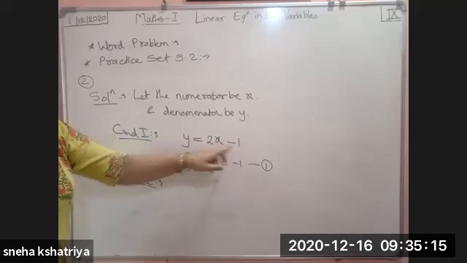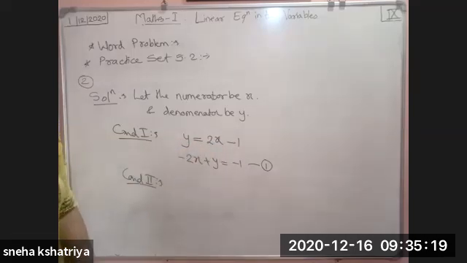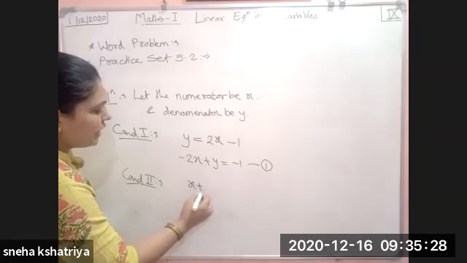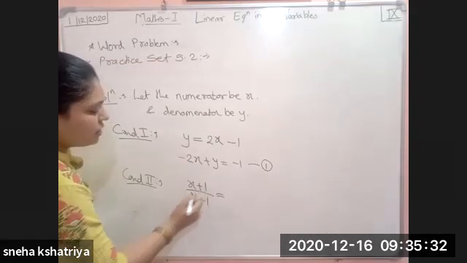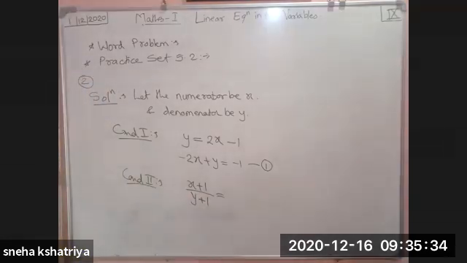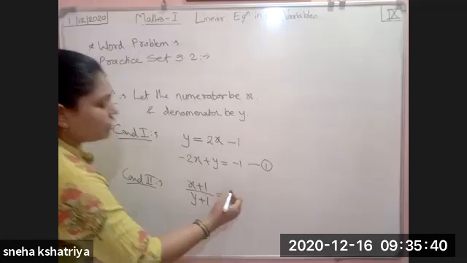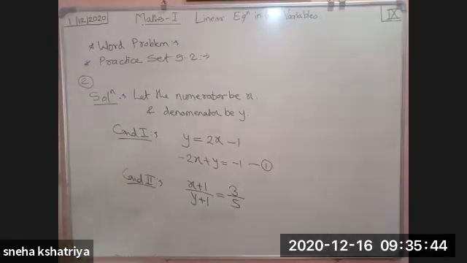means minus 1, then twice the numerator. Okay, so according to that we have written here first condition, and second condition is if 1 is added to numerator and denominator respectively. So the second condition becomes 1 is added to numerator and denominator respectively. So x plus 1 upon y plus 1 is equal to, then the ratio of numerator to denominator is 3:5. So the ratio is given that 3:5 means it is what, 3 upon 5.